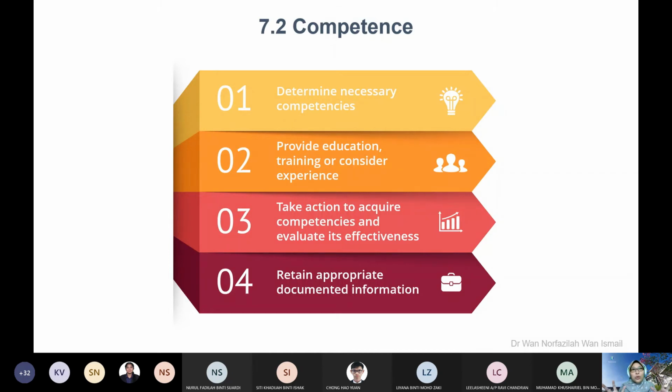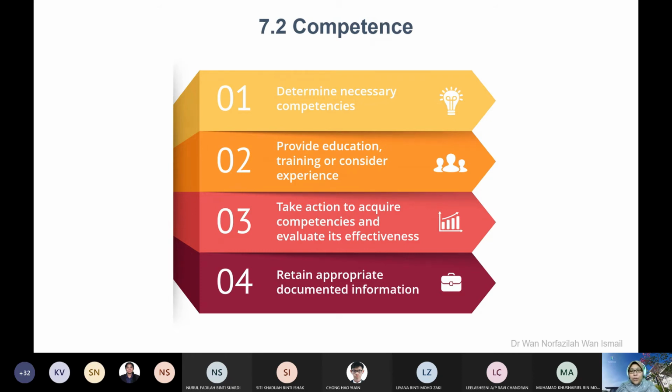Ada tu, ini contoh yang terpencil. Saya pernah jumpa company certified with ISO 9001. Bila saya masuk je, dalam hati saya, betul ke certified dengan ISO 9001 ni? Dengan dokumen dia berterabur dengan ni. Saya tak tahu macam mana dia berlakon masa auditor datang tu, wallahualam. Tapi biasanya kalau company besar, they are following the requirements, the rules and regulations to fulfill the requirement of ISO 9001. Biasa kalau company kecil-kecil ni yang buat hal.